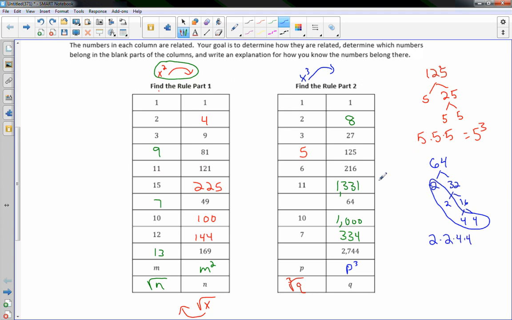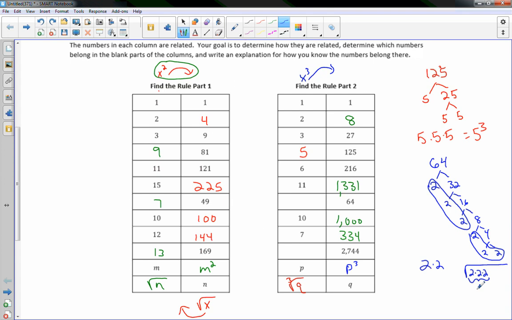Now remember, when we're doing cube roots, I need 3. And I don't have 3 of these yet, so I'm not going to stop. So that's what we would do if we were thinking of perfect squares. So I'm going to continue here, and I'm going to get 2 times 8. And 8 is 2 times 4, and 4 is 2 times 2. So now I have 3 2's here, which becomes 1 2 outside, and I have 3 2's here, which would become 1 2 outside. So what I mean by that is if I have a cube root of 2 times 2 times 2,